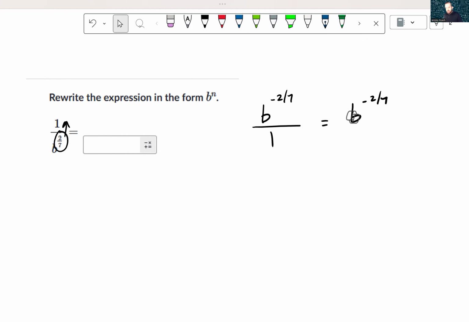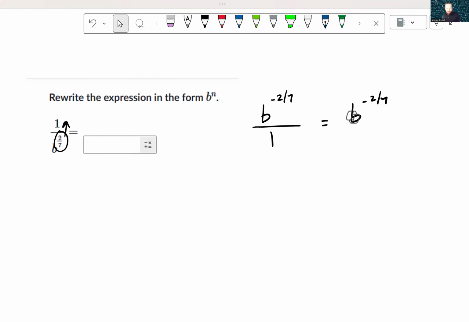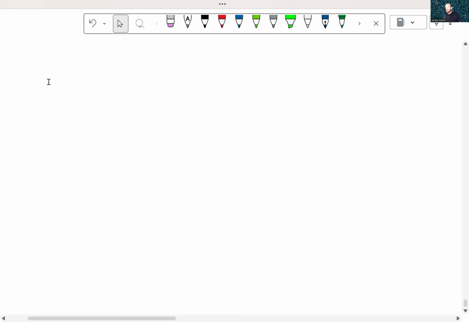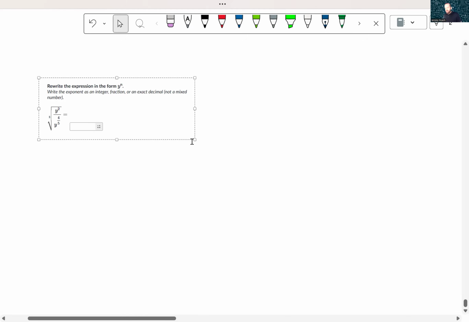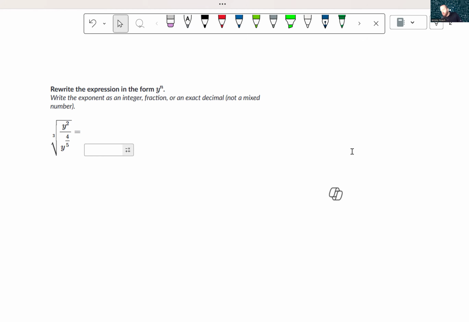So make sure that's correct there. Okay. All right. Now we're getting into some tougher ones. It says we can write this as a decimal. I would suggest not doing that. I would suggest following the exponent rules and writing everything as either a whole number exponent or a fractional